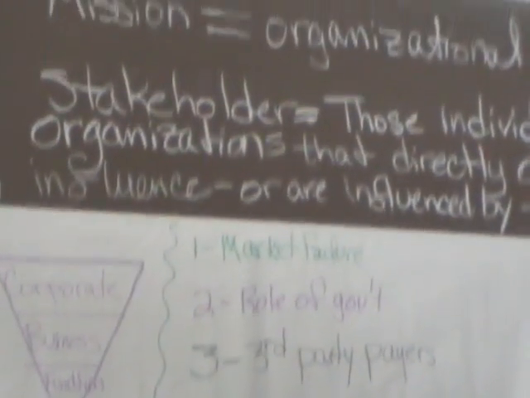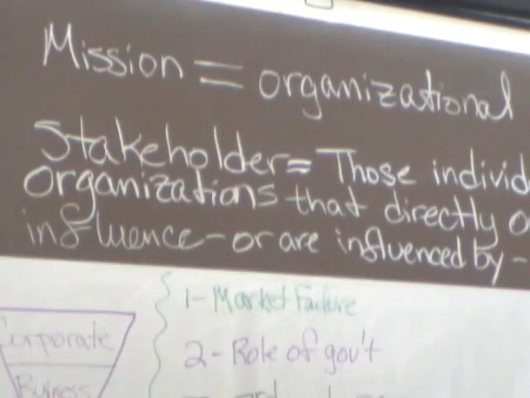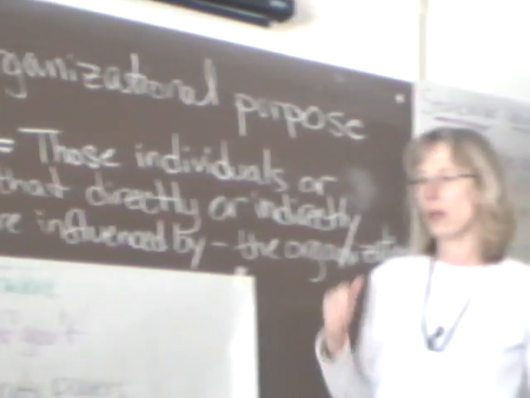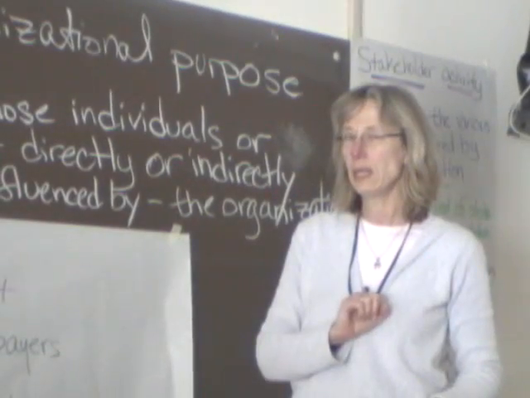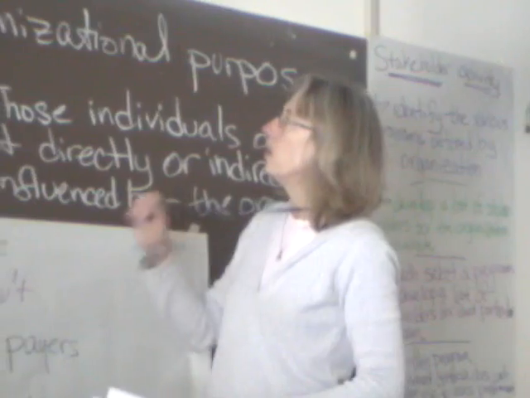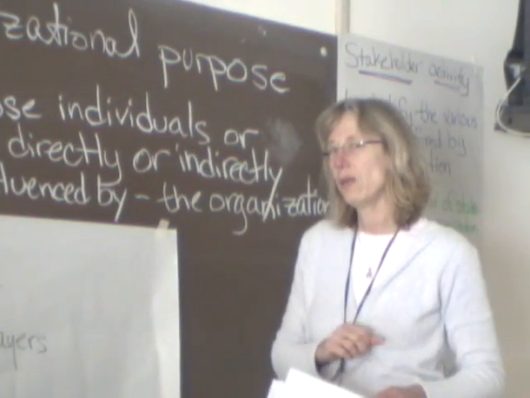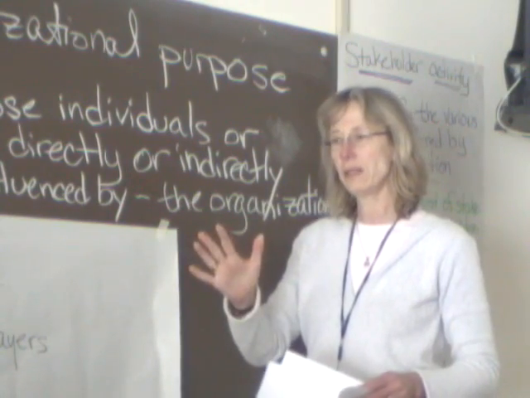Today, very quickly, we're going to do a breeze through on stakeholders, and I'm going to give you an activity on stakeholders that has to do with a case study in your book. And with that, we'll come to class on Monday and put it all together and move on to our next